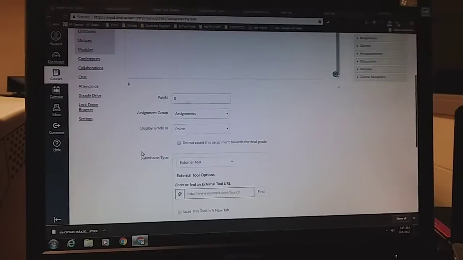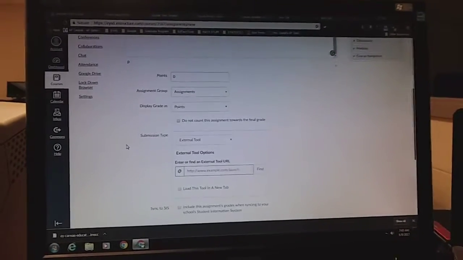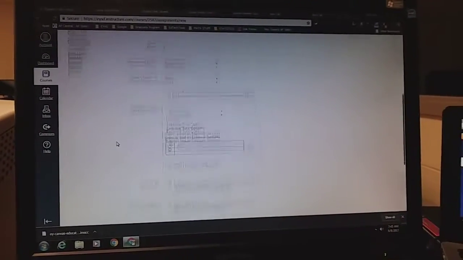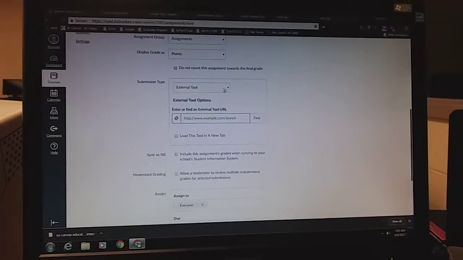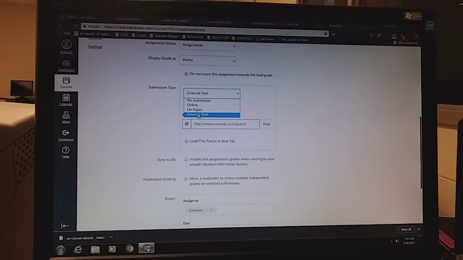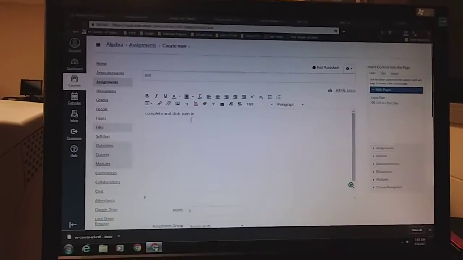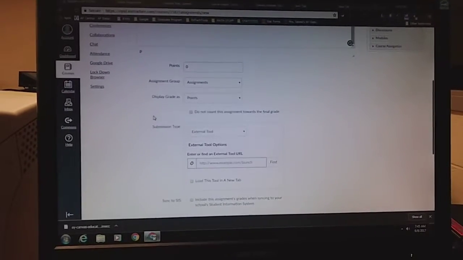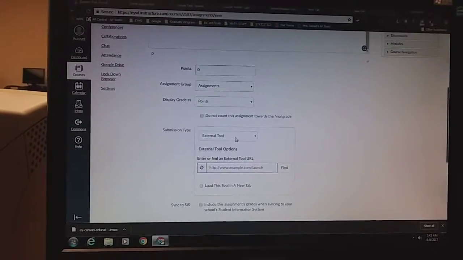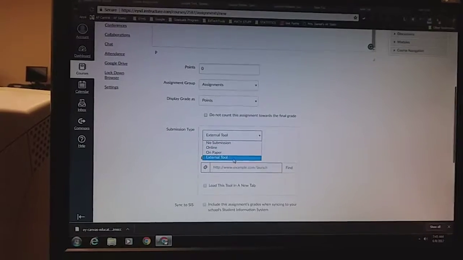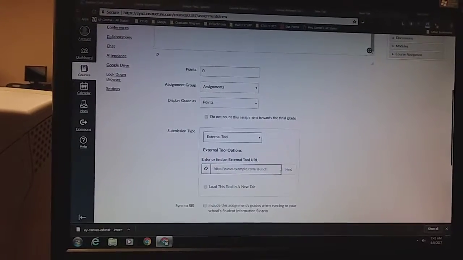You can set the point values. You can change the assignment group. Again, we'll be going over more of those tools today. But what I want to do is show you your submission type is going to be external tool. So underneath, so you write complete and click turn in. You scroll down until you get to this submission type, which is external tool. Make sure it's selected. And then down here, we're going to find